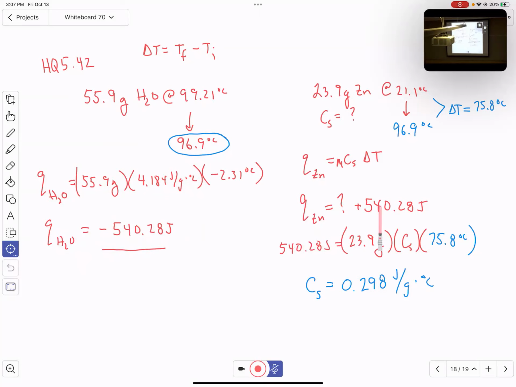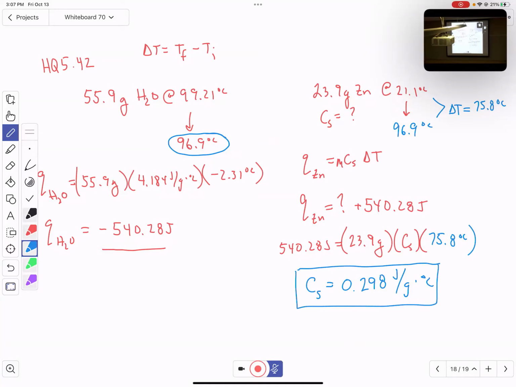I plug that in. They give us the mass. The next jump we had to make was realizing that even though they didn't tell us the final temperature of the zinc, it had to be the final temperature of the water because they're in the same system together. So that got us our delta T, and we could just rearrange that to solve for our specific heat of the zinc. Question 6 on